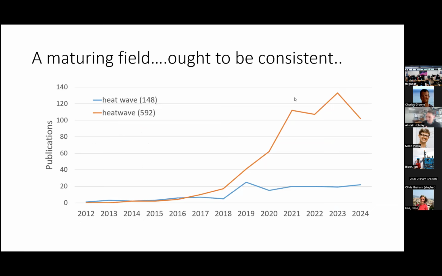Of all of the publications I could find that covered marine heat waves in their title or abstract, 148 used the 2-word heat wave, 500 or so, nearly 600 are using heatwave as a compound word. And you can see that that's increased over time. So in your research and in your publishing, please try and stick with a single word. It definitely makes meta-analysis a whole bunch easier. And some of the resistance to this has actually come from journals or from publishers who say our style guide has heat wave as 2 words. And so I've also been getting style guides changed for different journals to make it easier.